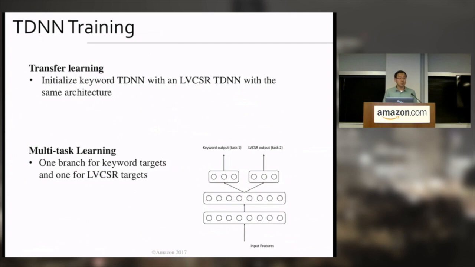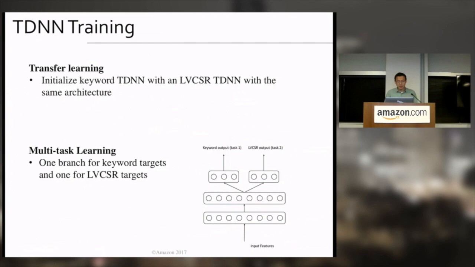Another technique we use is called multitask learning. The idea is shown in the right picture here. We can see that here we have task 1, that is the keyword output. That's the main task. Besides this, we also add a secondary task, which is the ASR output, labeled as task 2 here. By adding the secondary task, we are able to provide more regularization for this keyword TDN training and also help generalize the network. During the multitask training, the losses are computed as a weighted interpolation of the losses from both the keyword task and the ASR task.